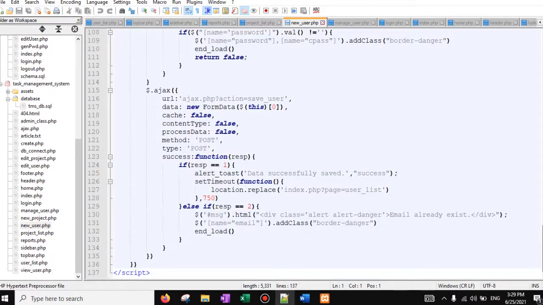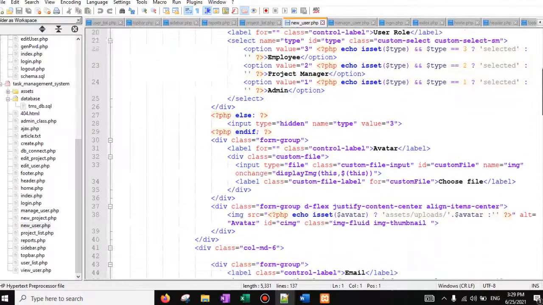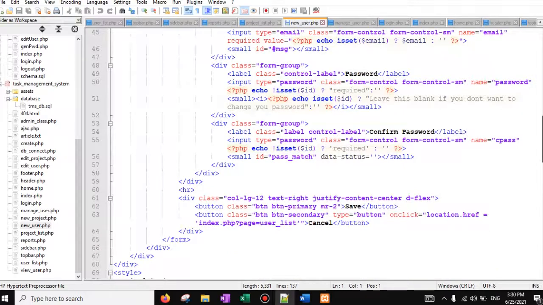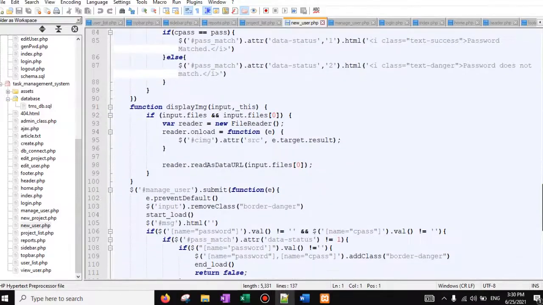So here this is the HTML format: first name, last name, user, employer, project manager, admin. This we are able to see in this user profile. Choose file, email, confirm password, and all the JavaScript is given here for this application.